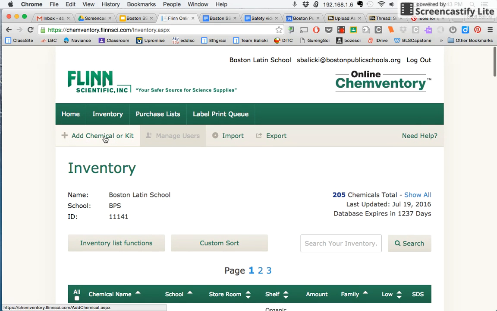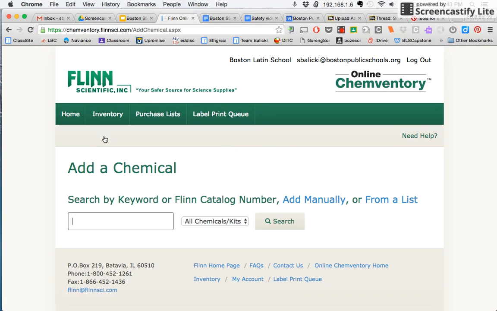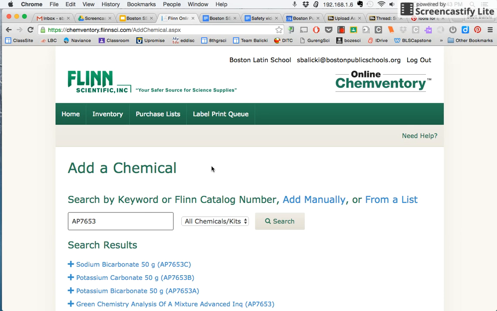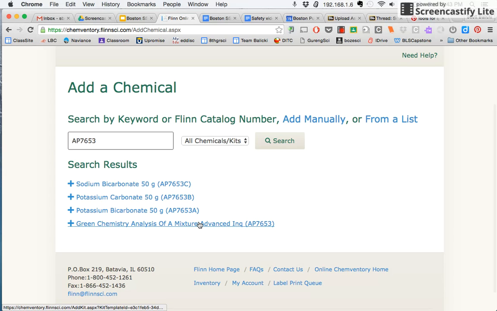Now, this can also be done for Flynn kits. Many teachers use Flynn kits. So I happen to know that I want to add the Flynn AP Advanced Inquiry Kit for separation of a mixture, the green chemistry investigation, where your students try and determine the percent composition of a mixture of sodium carbonate and sodium bicarbonate. So having searched for the catalog number, I can now add